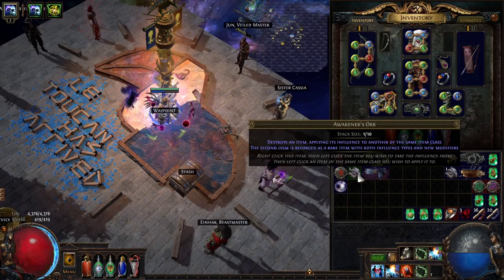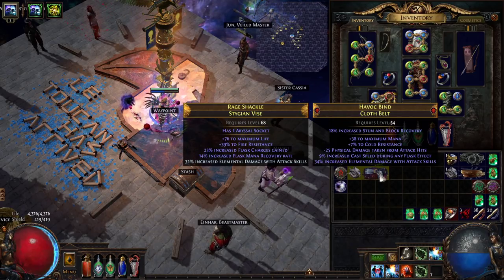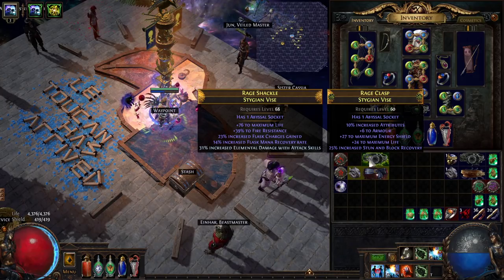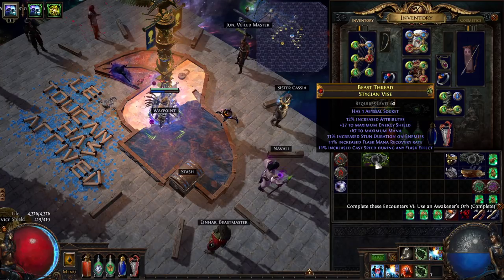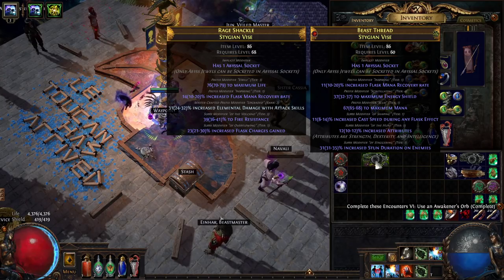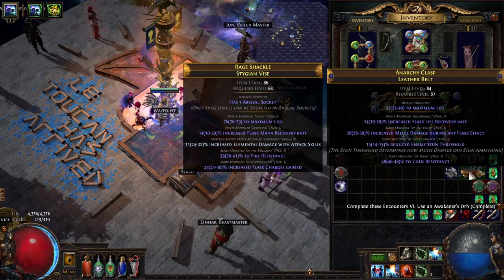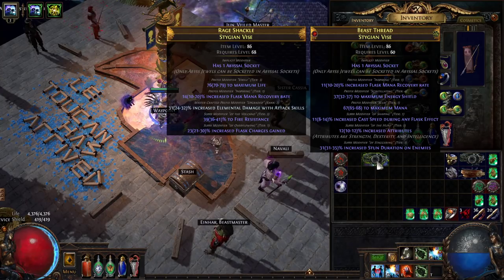So we're going to use the Awakener's Orb firstly on this belt. And that belt is now ready to be destroyed. At this point, we are going to apply its influence to the Stygian Vise. And now we have a Shaper and Hunter hybrid Stygian Vise. Notice that it retains the item level of the second item, that is the Stygian Vise, which was item level 86. The belt that I consumed was not item level 86,